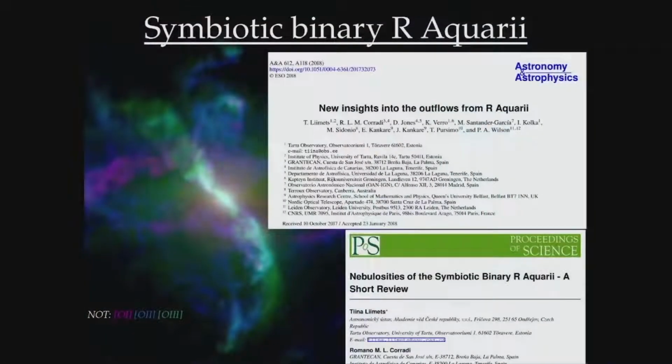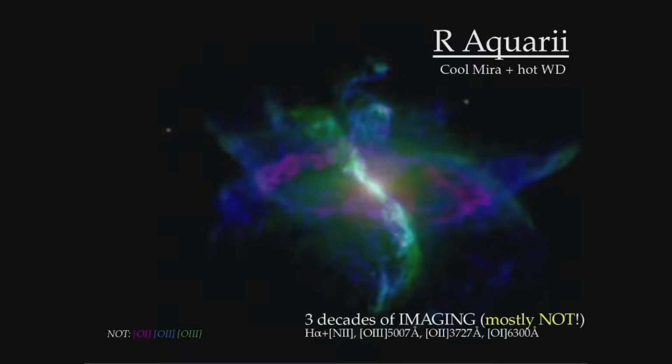One of the first targets that I was put to investigate is this, R Aquarii. It's a symbiotic binary, and it is probably the most famous symbiotic star. It was discovered almost 100 years ago, but it still intrigues us with very interesting questions. By definition, because it's a symbiotic nebula, it has a cool Mira and a white dwarf in the system. With this target, we have about 3 decades of observations with the NOT in several emission lines,